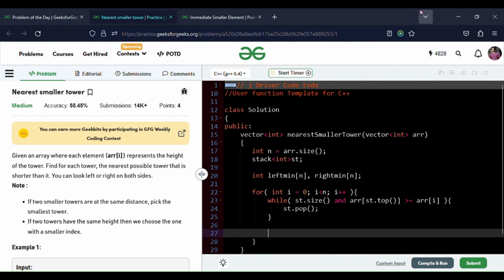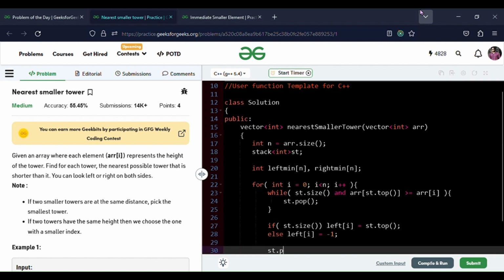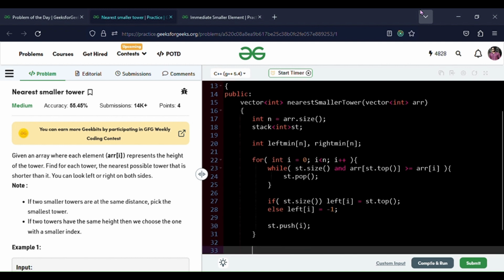And if the size of the stack is greater than 0, we will put left as the top. Else, if there exists no element on the left side which is lesser than the ith element, then we will put -1 and we will push the current element. Now we will calculate the right minimum,